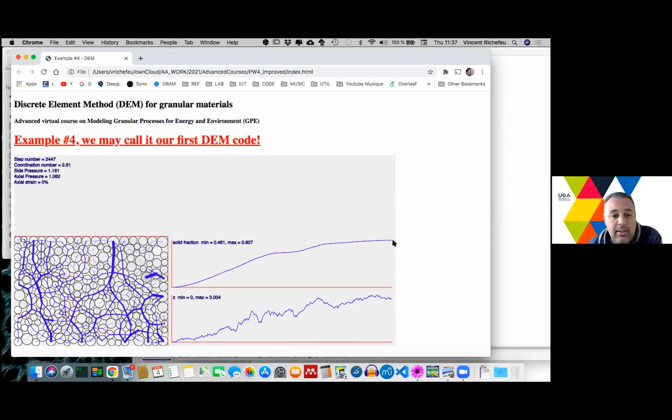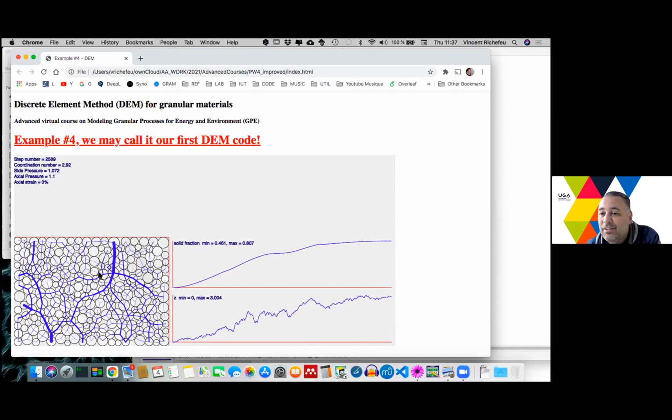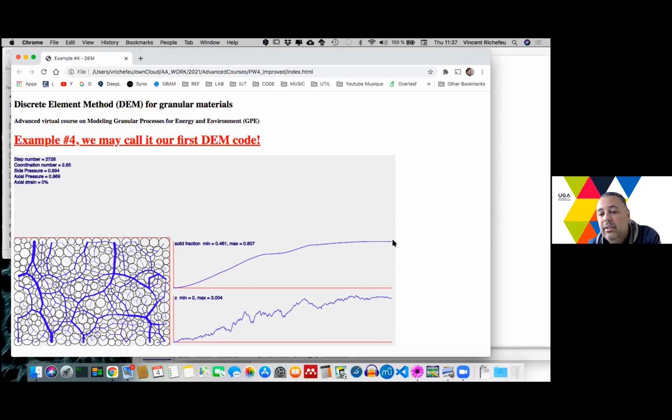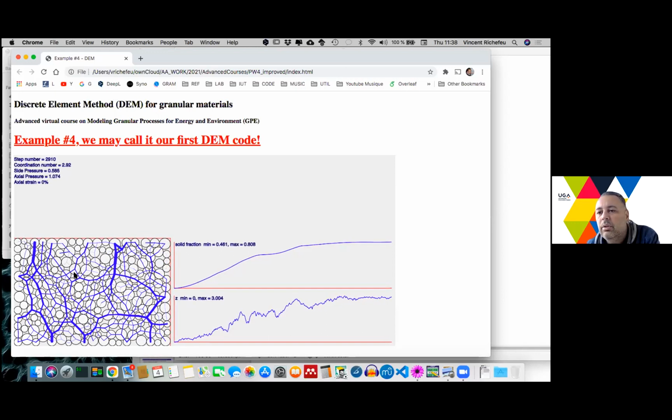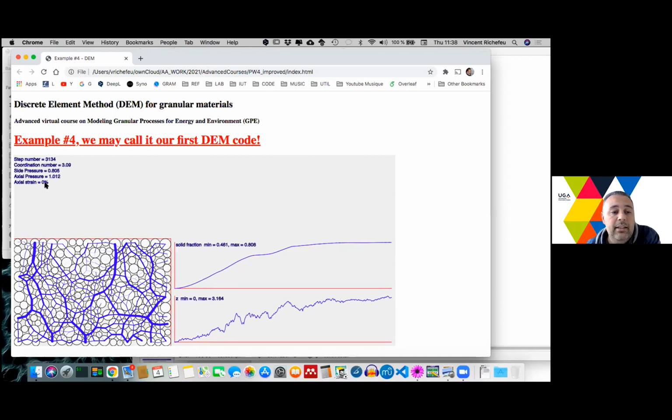Okay, here we see that first we observe the force chains. I'm pretty sure that Parang told about the force chains in this talk. We observe that the solid fraction tends to be something fixed, and the same for the coordination number. Yeah, the value is very low because there are a lot of what I call rattlers. Okay, and if we wait a little bit more, at time 4,000, the axial strain will start to increase,